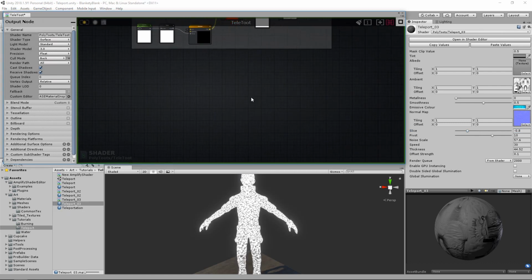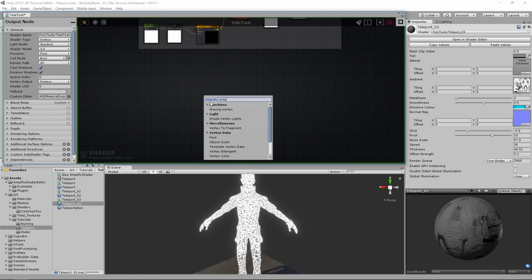And we're going to start with a vertex position. You could use world position, which might work for you. It won't work for me because I want everything to be constrained locally. For you, you might not want that. You might want it to always be on the world Y. I want the local Y. So vertex position,